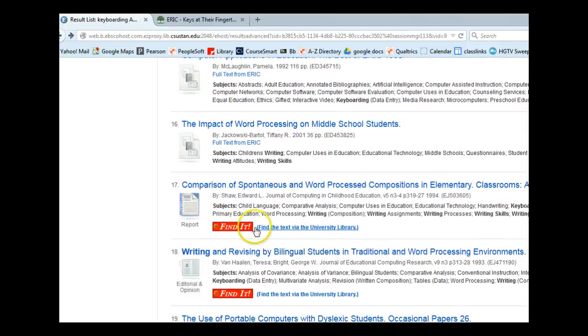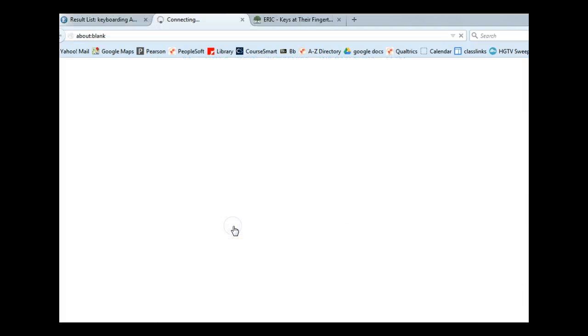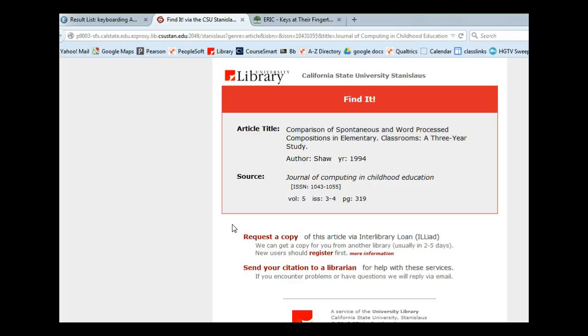Trying to find one. Okay, if it has this Find It button, click Find It, and what that will do is search the subscriptions to the library's database and see if we actually subscribe to the journal where that article was published. If we do, then there would be a link right up here that would tell you which database, which subscription